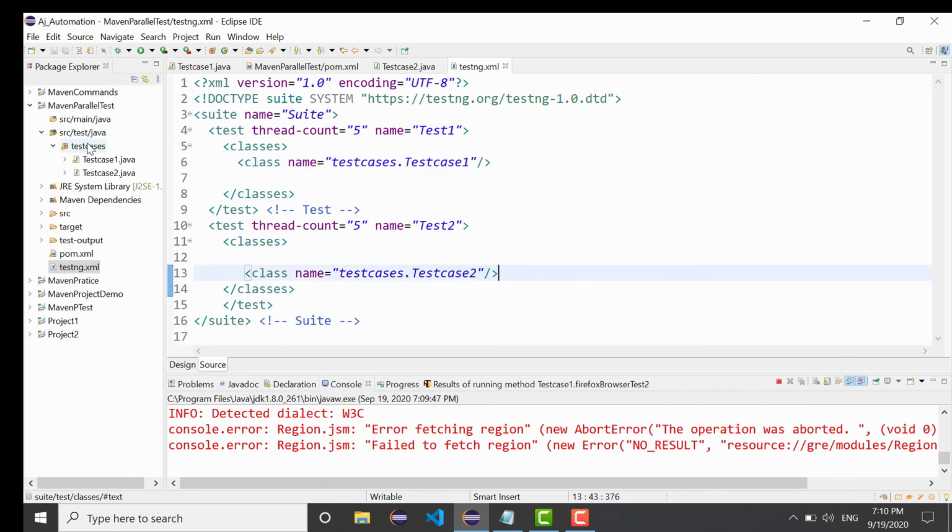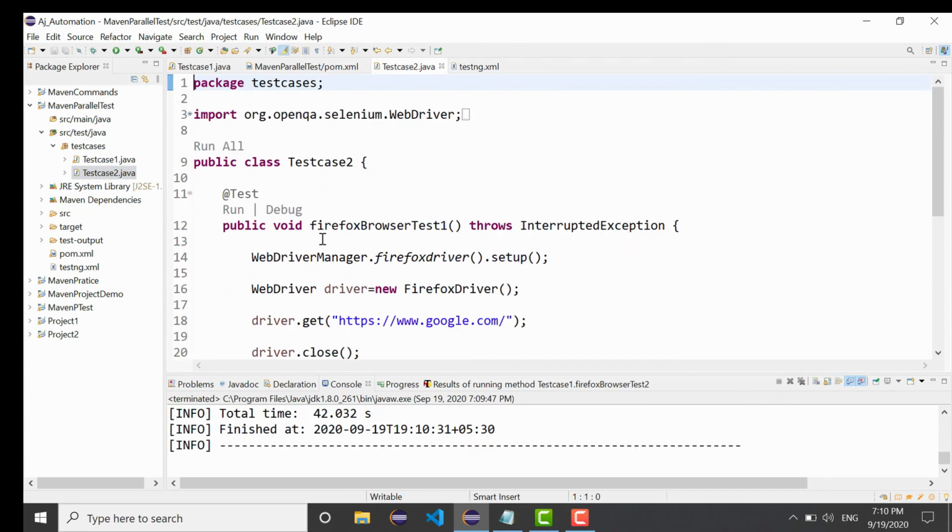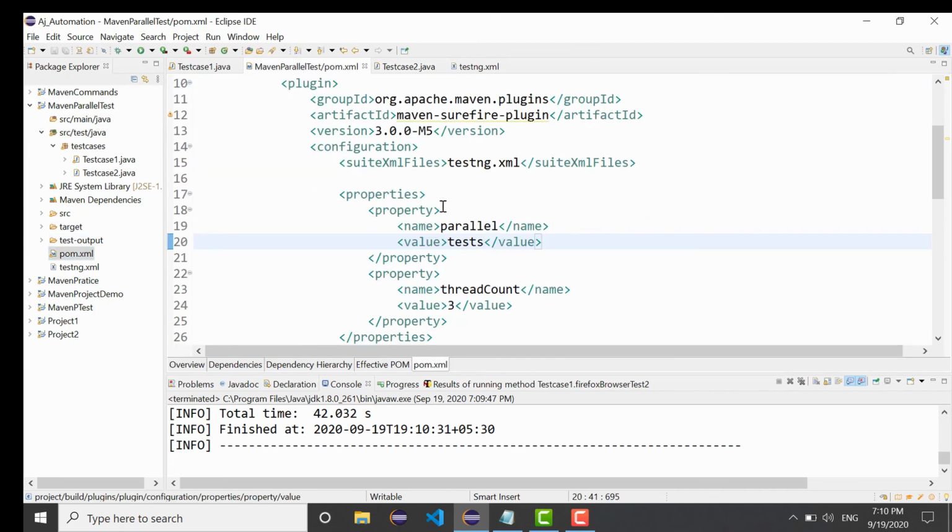That means the first @test from test case 1 and the first @test from test case 2 will run simultaneously. So this is how you can run your @test methods simultaneously. Most importantly, we use these methods most of the time, and that will run all the test methods simultaneously.